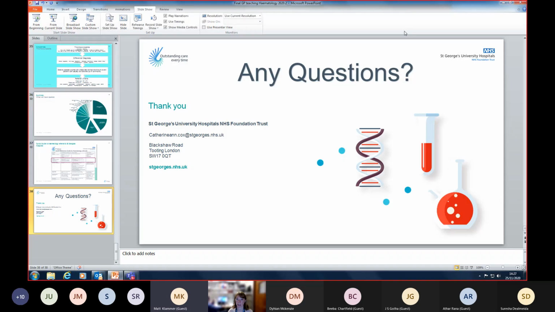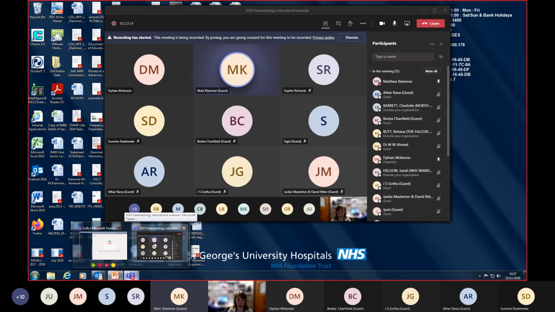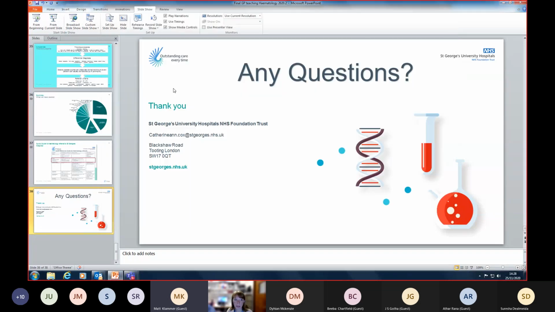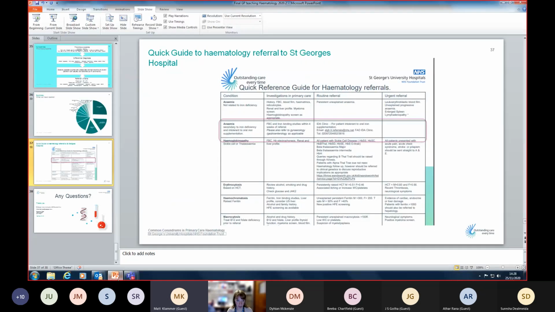Any other comments, questions? We're quite interested, actually, as you can imagine, about the referral guide pathway that we put together. Do you have any immediate feedback from that? You can't see it, maybe Cas can put it back on the screen. Maybe have a look at it. We could make it available to the GP portals if you find that would be helpful. Maybe I give control back to Cas to show you the document.